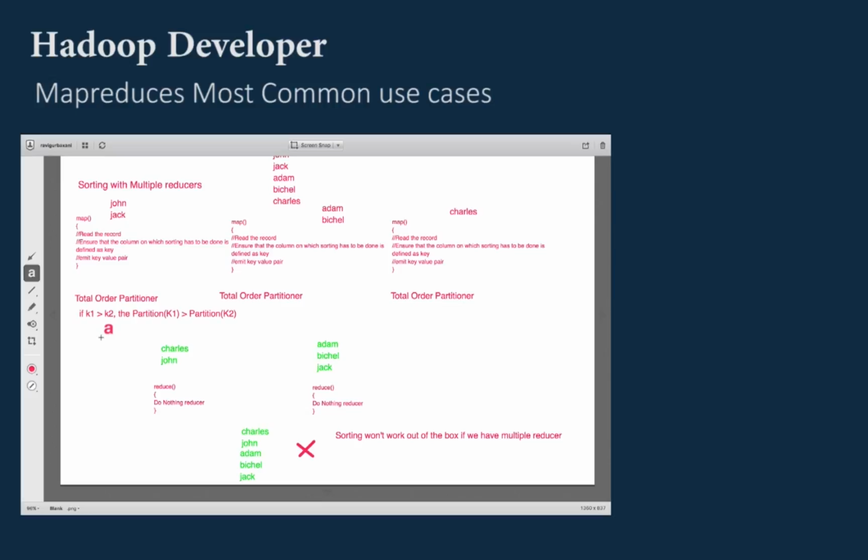if key1 is greater than key2, then for sure the partition of key1 would always be greater than the partition of key2. That's a simple formula that it works on. So with that formula, what we could have got is